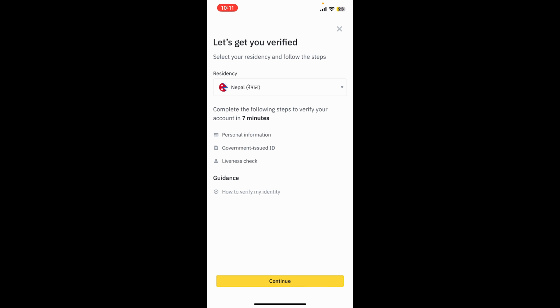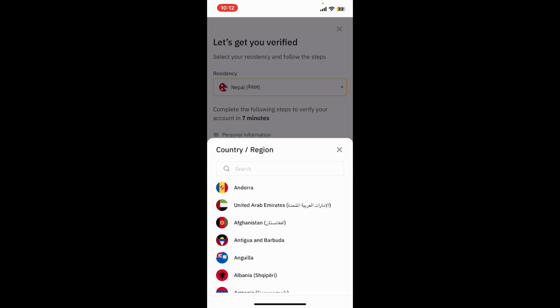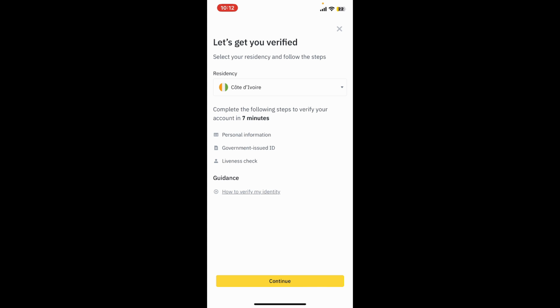If you have not yet verified for Binance, you will need to verify it right away. In order to do so, go ahead and tap on the drop down at the top and select your residency. Choose your country from the list and go through the information first. In order to complete your verification, you will need to provide personal information, a government-issued ID, and your liveness